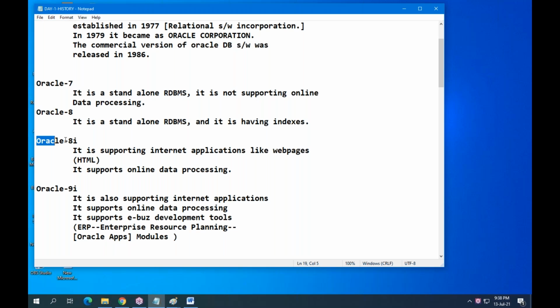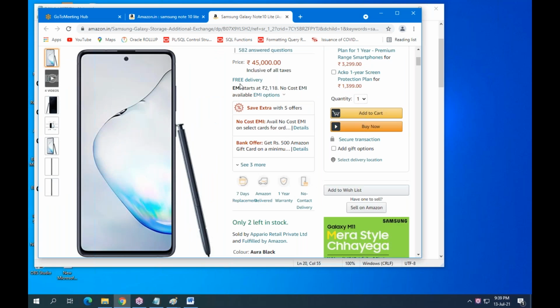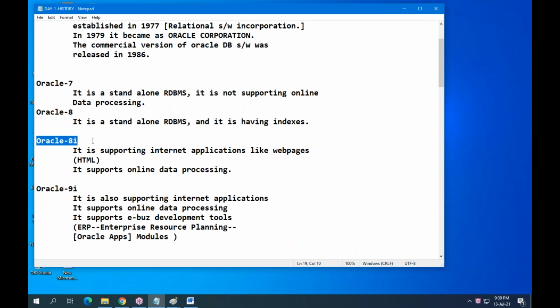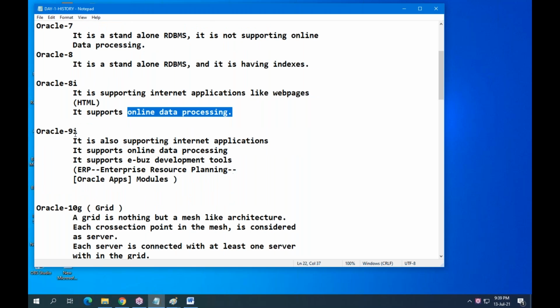Later, they released Oracle 8i. I stands for Internet applications, nothing but web pages. Through a web page, as we just discussed, we can access data from the Oracle 8i database server. It means it supports online data processing. Later, they released 9i.